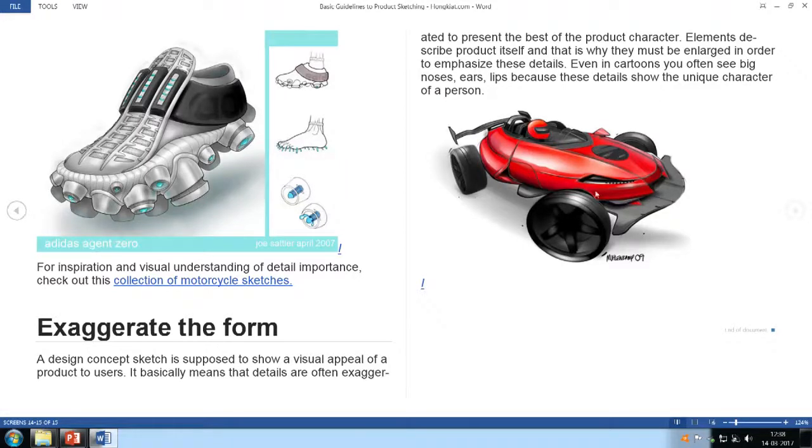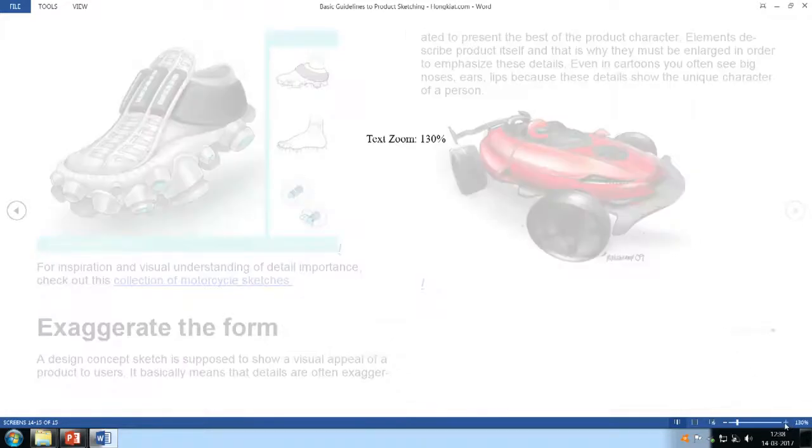A design concept sketch is supposed to show the visual appeal of a product to users. Basically, detail is often exaggerated to present the best of the product's character. Elements describe the product itself, and that is why they must be enlarged in order to emphasize the details. So, you see here